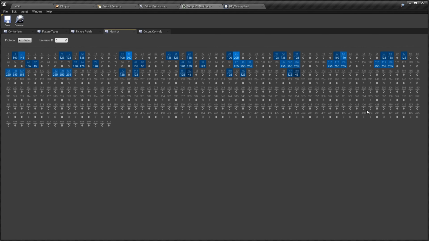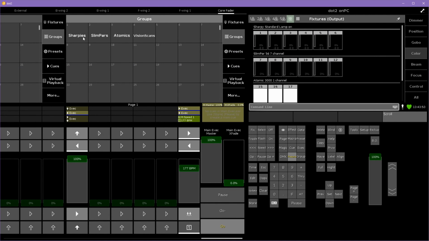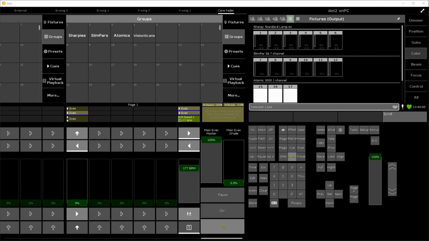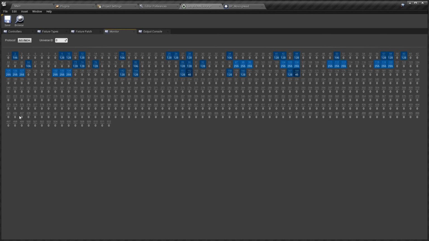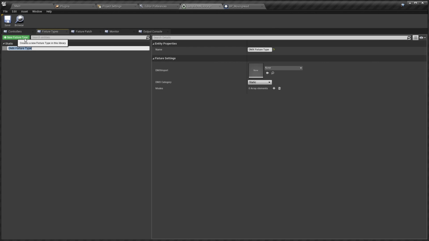So back in MA 2, I'm just going to click this button that I set up to just turn off the lights, and I'll pull the fader down for good measure. So then, back in Unreal, we can go to Fixture Types, click the Add New Fixture Type button, and I'm going to call this Claypacky Sharpie,